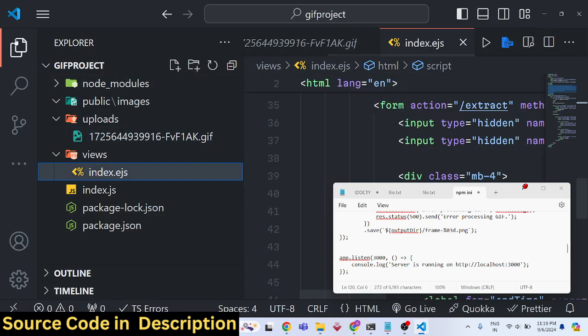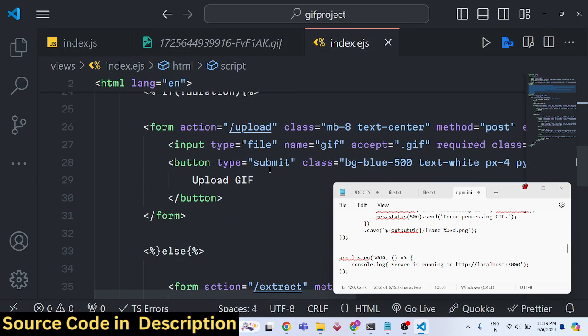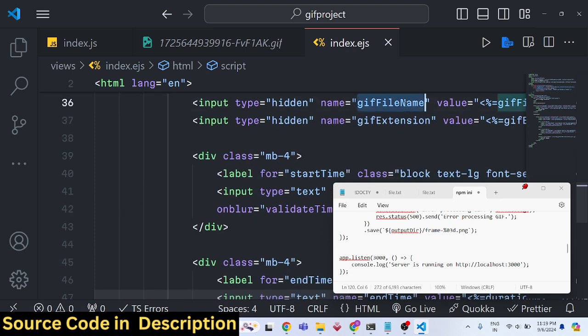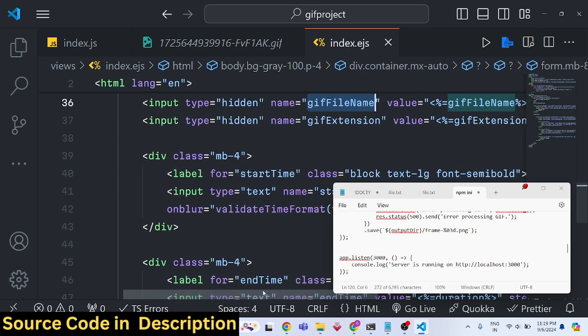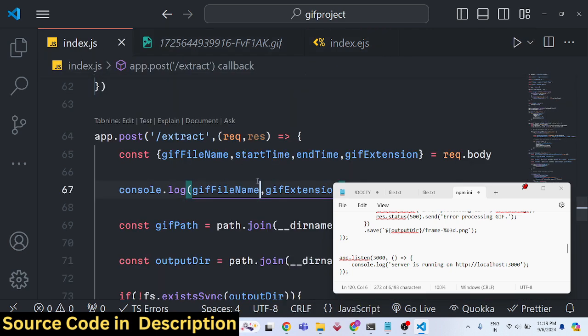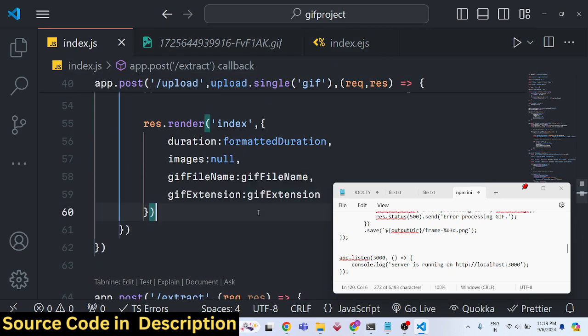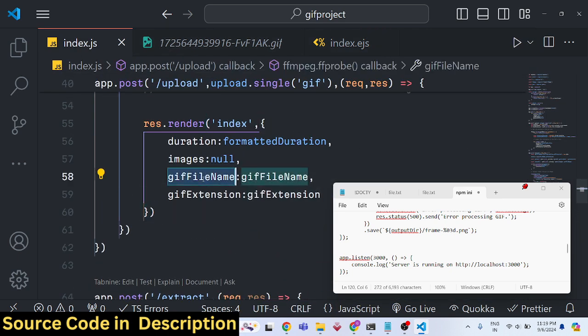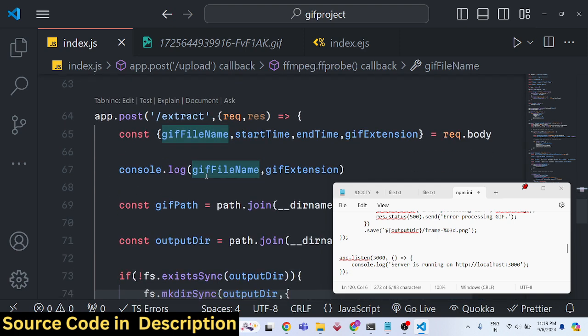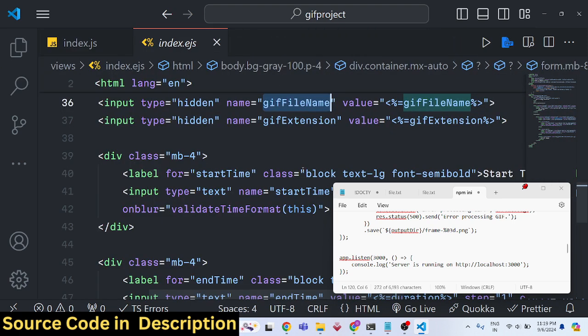I think I made something wrong right here. Give file name, we have given this property. Let me check. So here we are passing this variable, give file name. In the index.ejs route, if you see,